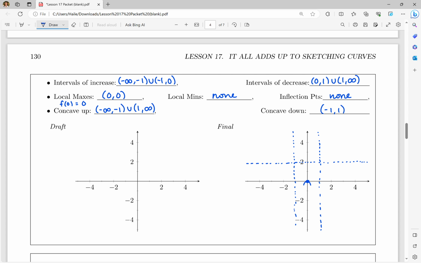So that's going to do something like this. And we know that it's, let's see. Now we kind of do our increasing, decreasing thing. So increasing, -infinity to -1, and it's also concave up. So increasing, concave up from -infinity to -1. Then from -1 to 1, we have concave down. And decreasing from